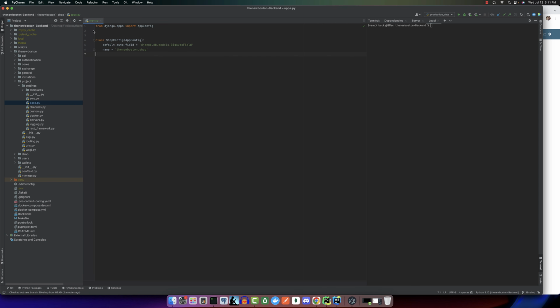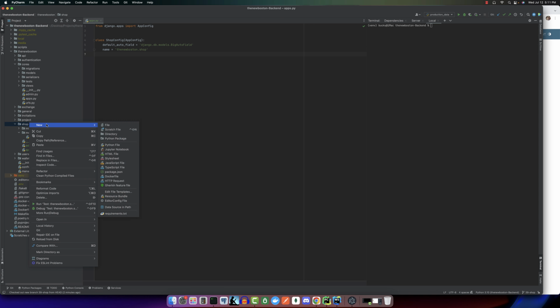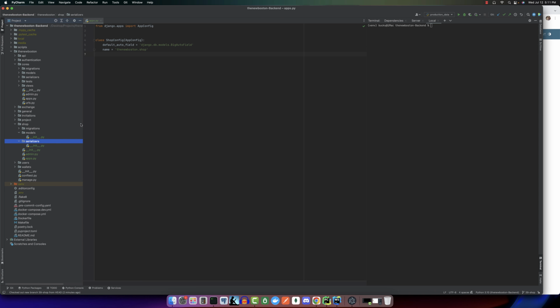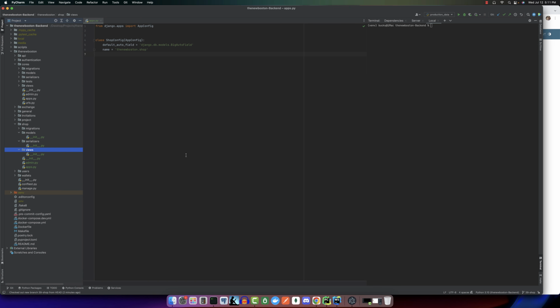Beautiful. And now let me go ahead and write my models. Actually, let me get my package structure. So I'm going to have models, serializers, and views. All right, now I'll get to those in a bit, but first let me